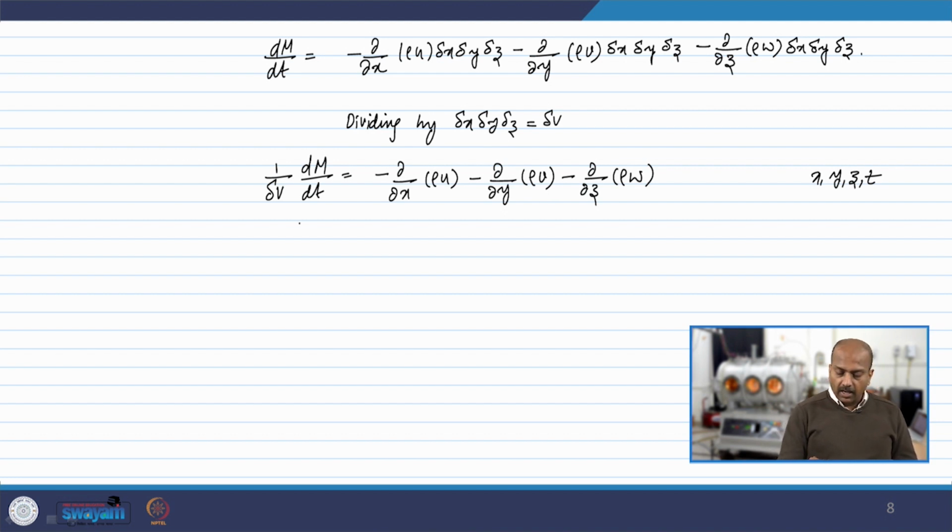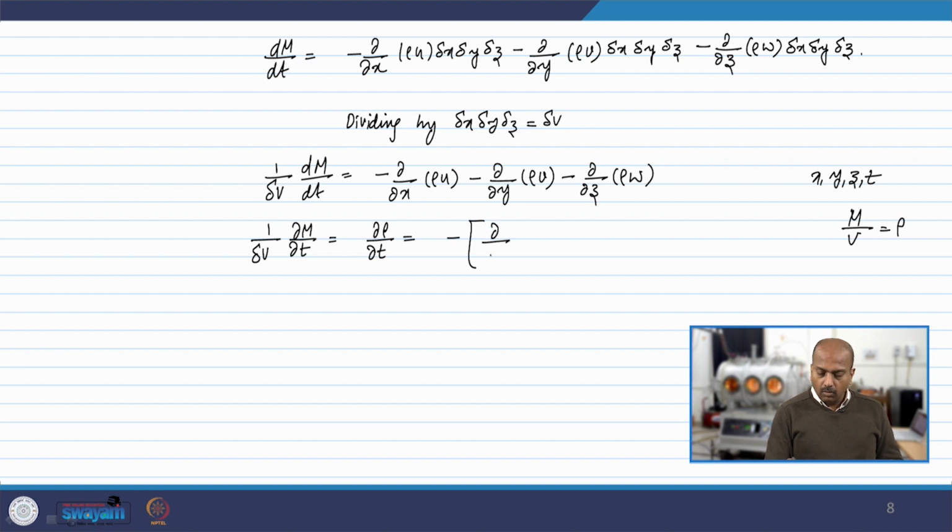We can write it as ∂m/∂t into 1 by ΔV. Since mass divided by volume is density, we can write it as ∂ρ/∂t is